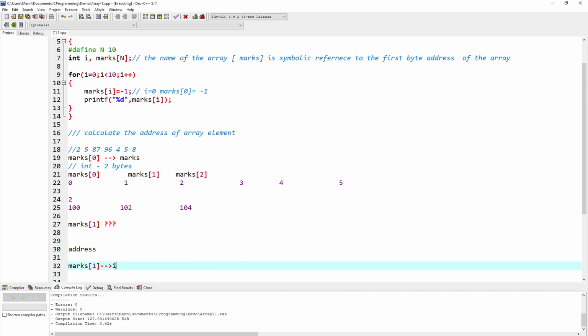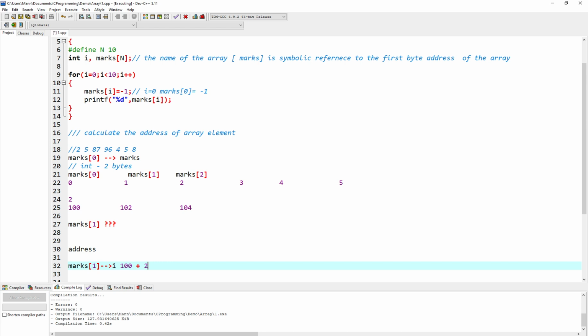For this we know that for marks the base address is 100, because marks is representing the 100 as a base address. As we see, the array name is a symbolic reference to the first byte address. So what is the first byte address here? It is 100. Then plus the content that you are going to store inside the array, obviously the integer, which is going to take 2 bytes here.